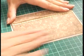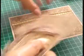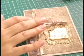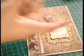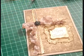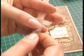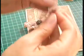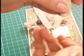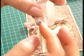Now the next element to our card, as you can see here, is the ribbon. So that is seam binding ribbon, and usually with seam binding ribbon and any particular ribbon like your satin that's more pliable, you can grab a thread. Let me just grab these bits here. If you grab a piece of thread in the middle and keep pulling it,